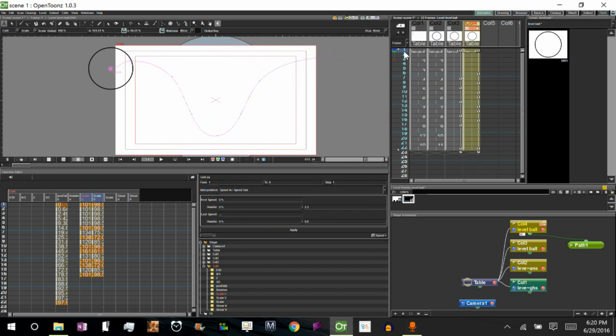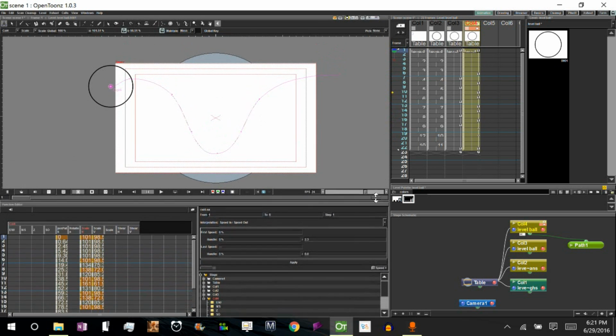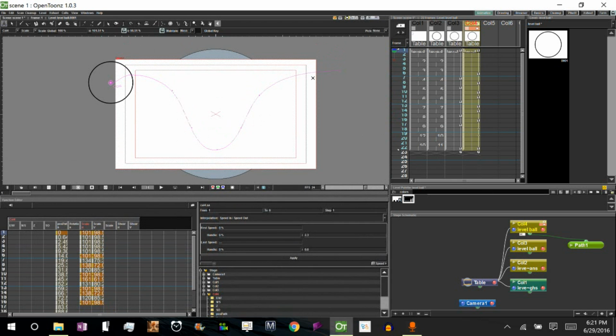So it's a little rough, but you get the idea of how to use a path, and then how to use the edit tool to create keyframes, and then how to use the function editor to really get into detail with your keyframes. So let's loop it. It's a little rough. Around here, you would maybe want to do some rotation adjustments, which you could easily do